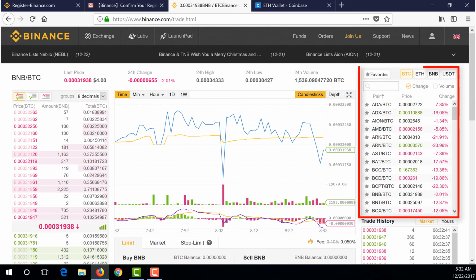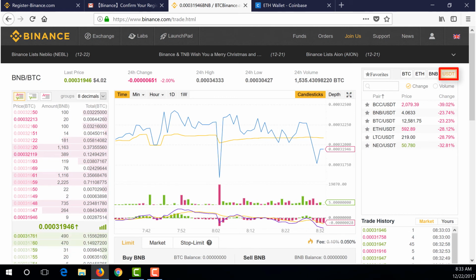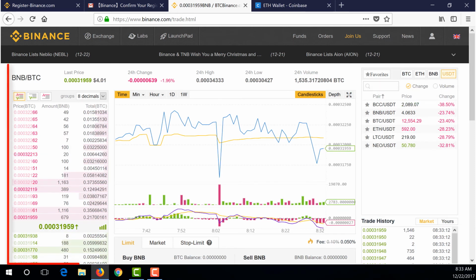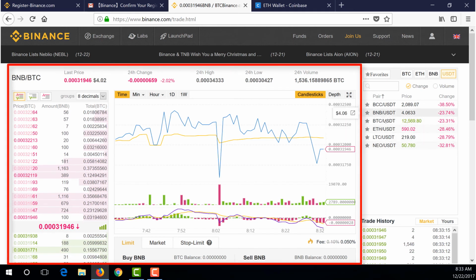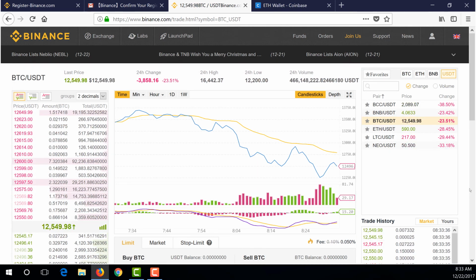In the top right, there's a section used to find cryptocurrencies to display in the rest of the window. If we select USDT in the top right, we can see several of the largest cryptocurrencies listed in US dollars. Selecting any from the list will display the relevant data on the rest of the page. To buy and sell other cryptocurrencies, we need to select the one we transferred to Binance, which in the case of this tutorial, we sent Ethereum. Select whichever is appropriate for you.